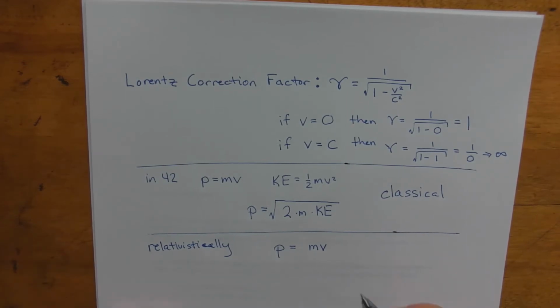Instead, we have to put the correction factor in here. So if your velocity is not really close to the speed of light, this is approximately what we had back in Physics 161. However, there's something else that we like to do with momentum in this course, and that is